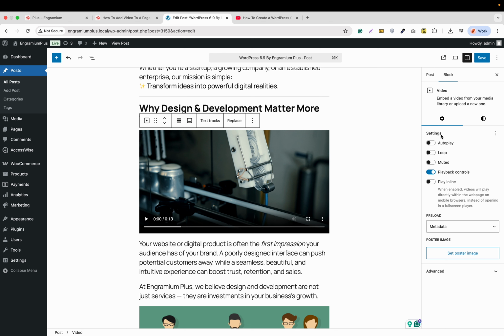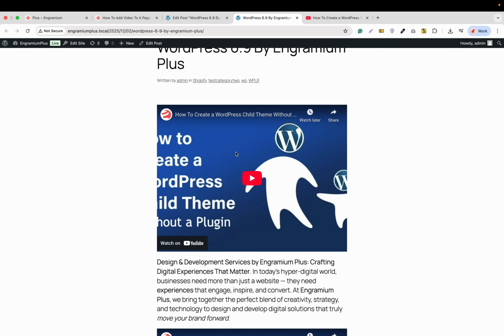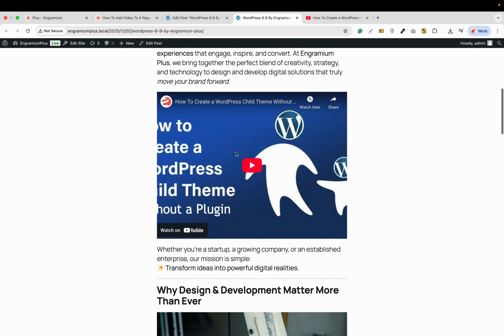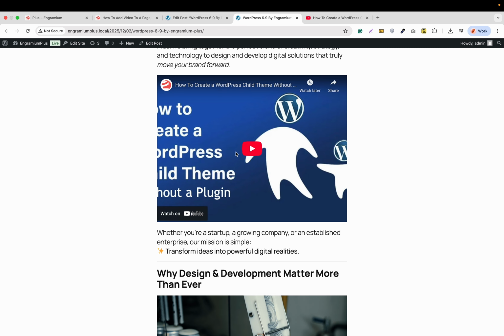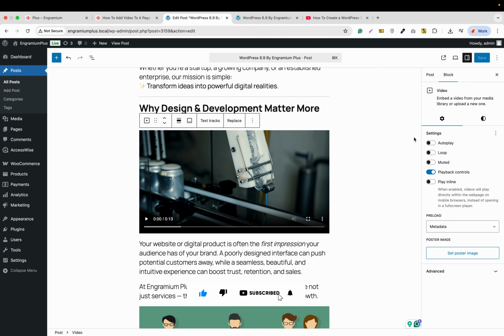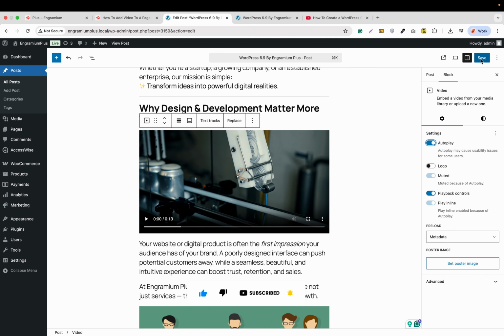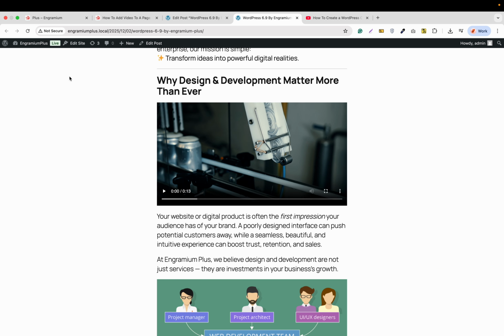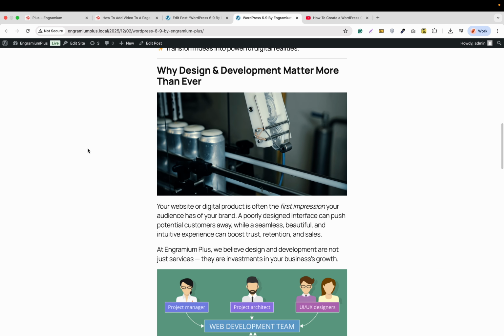And in the settings section, we will get autoplay, loop, muted, playback control, and play inline. Before that, let me save this one and see the post. So this is the video that we have used YouTube embed, and this is the video that we have used by pasting the URL, and this is the video that we have uploaded. And in here, we will get the controls. For example, if we click autoplay and hit save, and reload this post, we will see the video will be